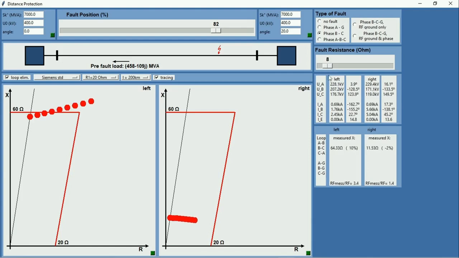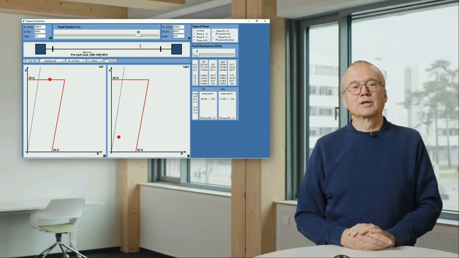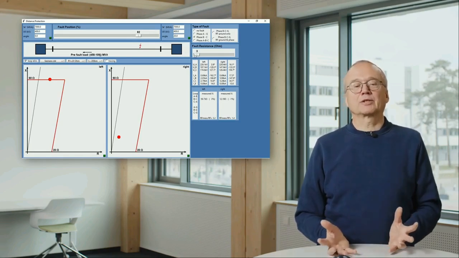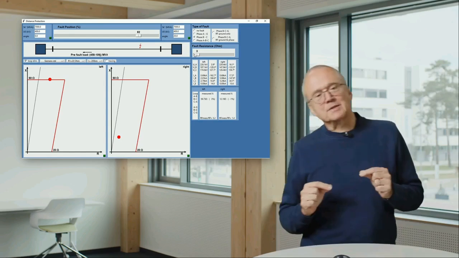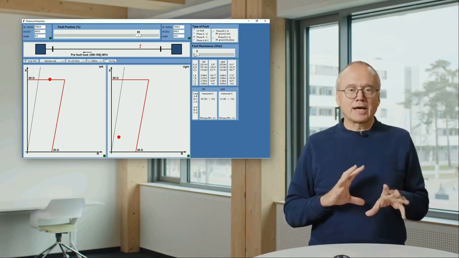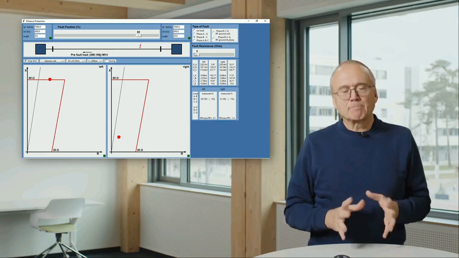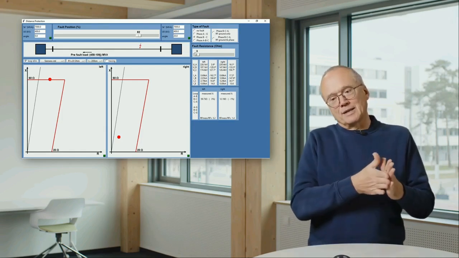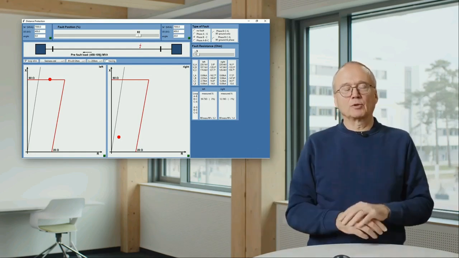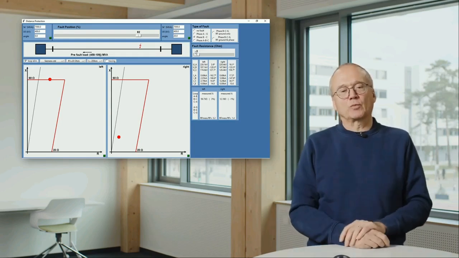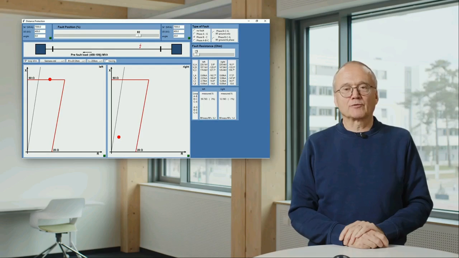And we leave the characteristic already, make the tracing back. That means already here with 3 ohms fault resistance for this fault location, we would already be outside the characteristic. That means fault resistances in distance protection have impacts in 2 directions. On one hand, this movement to the right depends on the ratio of the current of both sides. That means we must consider that when doing the setting for the resistive reach.